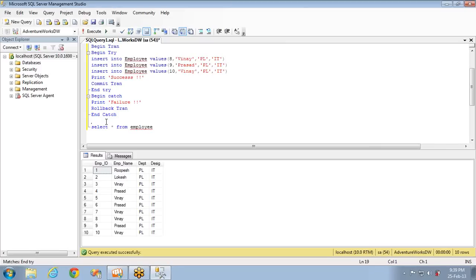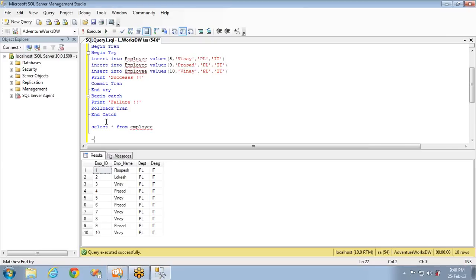Or let's say you add the amount into one account and then, while deducting from another account, it throws some error like connectivity lost or some other issue. Again the amount will not be tallied. So these transactions are very helpful in scenarios where you are dealing with money and financial transactions are going on.